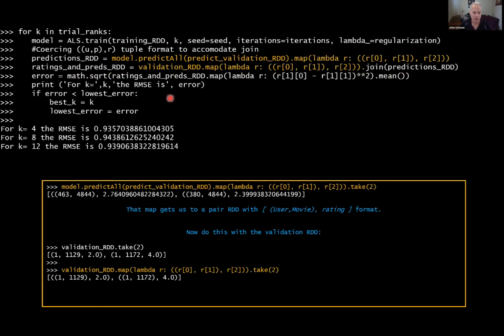Okay, first thing I do is I map the values that come back that were given from the model. I want to do a mapping here. So I do a map to massage them into a little bit closer form. So I map them into user, movie as my first element here. And then here's the rating. And why am I doing this? Because this is getting me closer to my final result, and it makes the user and the movie a key.